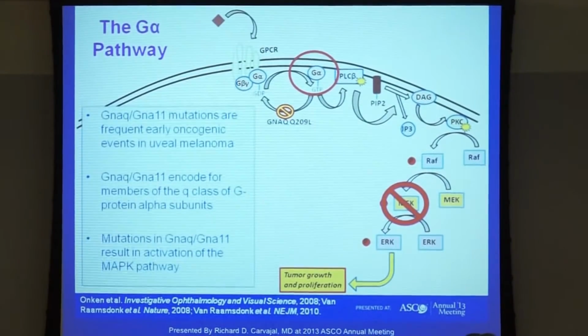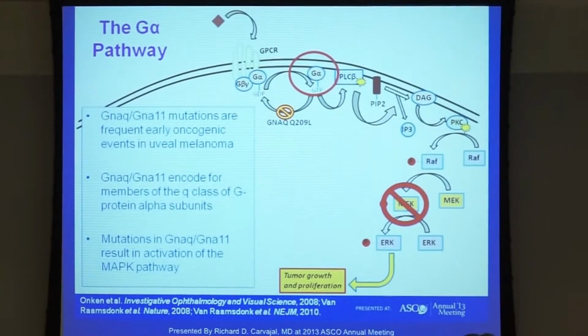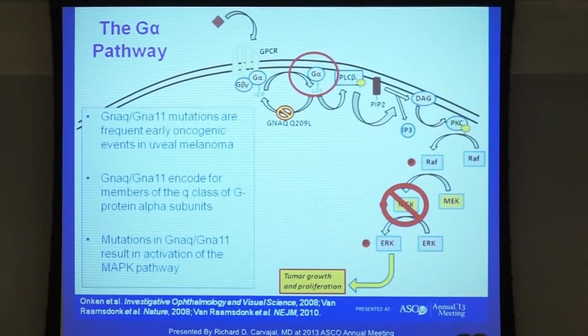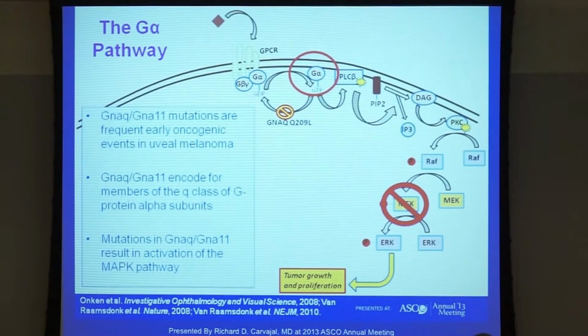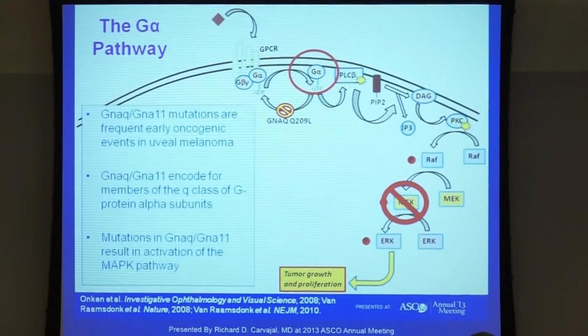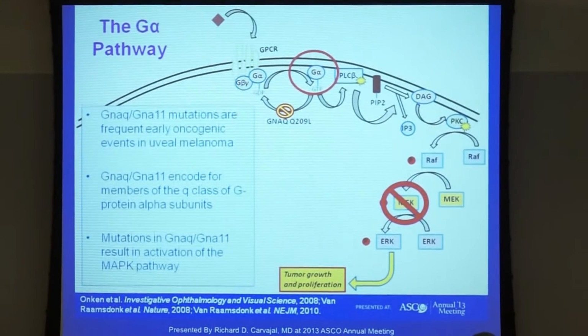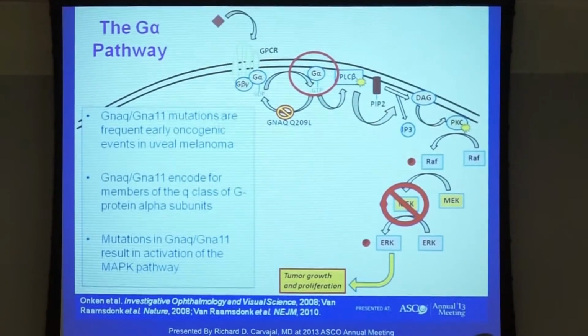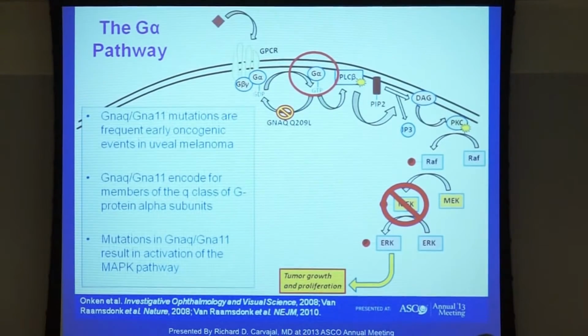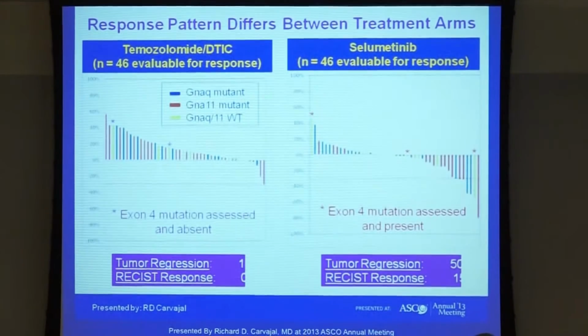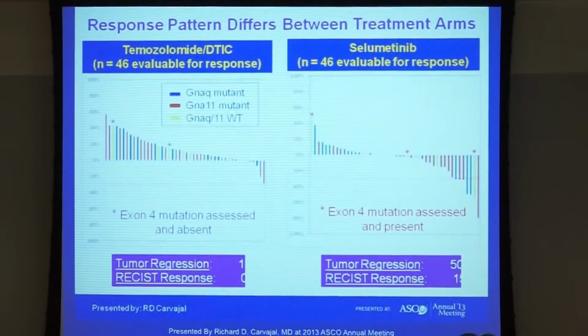Now, this shows the pathway that we think is important in ocular melanoma. The ocular melanoma doesn't have RAF or RAS or MEK mutations. It has mutations way up here in an enzyme called GNAQ. And we think that that drives through several different things, eventually can get down and drive this ERK pathway. And so there was a study done with selumetinib comparing this MEK inhibitor,